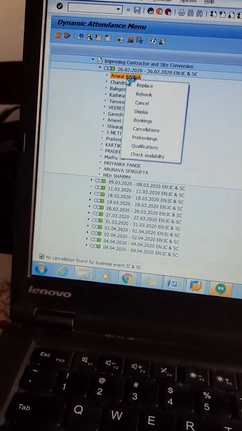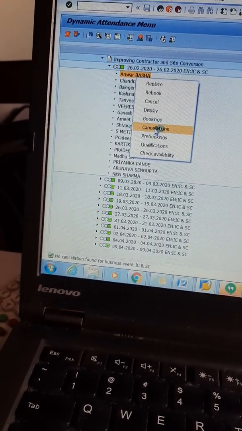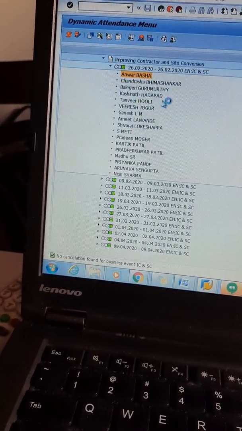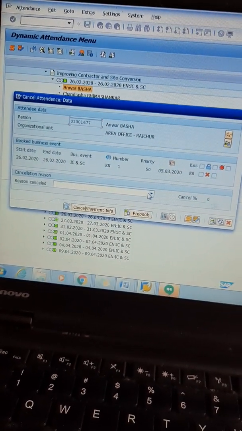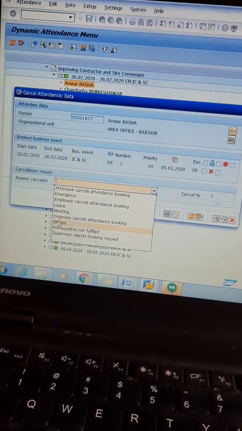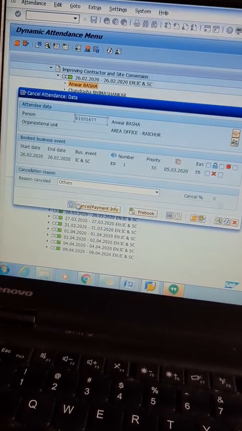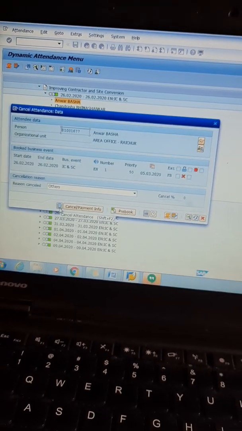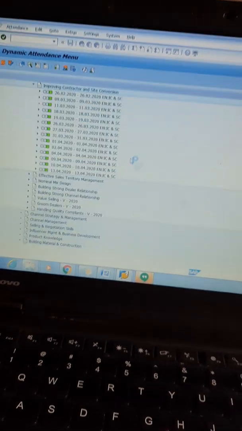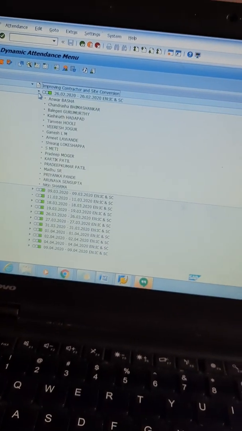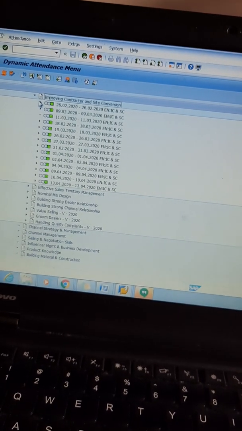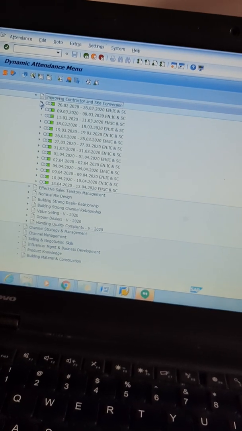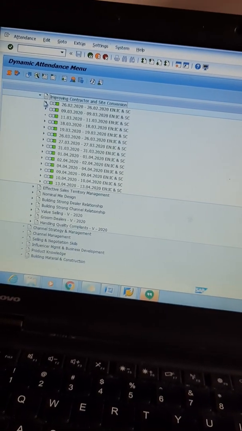To cancel, click on this record, then click on cancellation, or click on cancel. For each and every item, if you want to cancel, you can cancel over here. You can give another reason and click on the delete button. Now I am not deleting because it has already been captured. I am only showing this. Ensure that you shouldn't use this option. This is just for your safer side. In case of a mistake, I know human error happens. If you have added any wrong entry by mistake, you can delete. For that reason only I taught you this cancellation. Don't make this a habit.